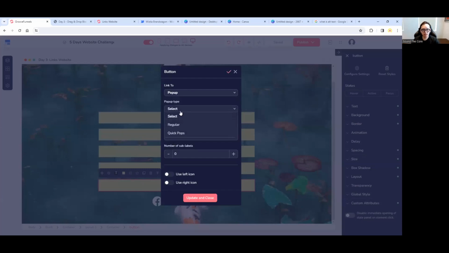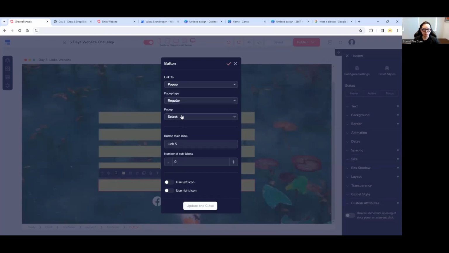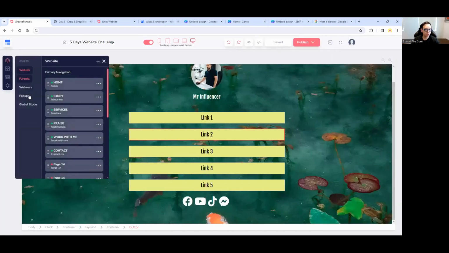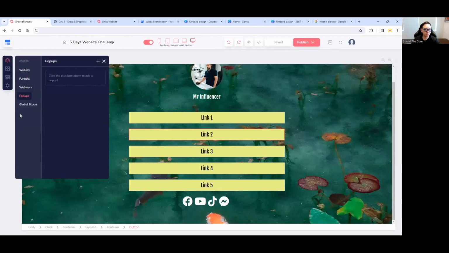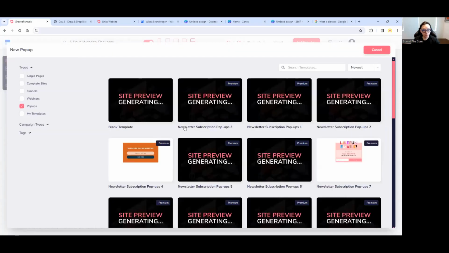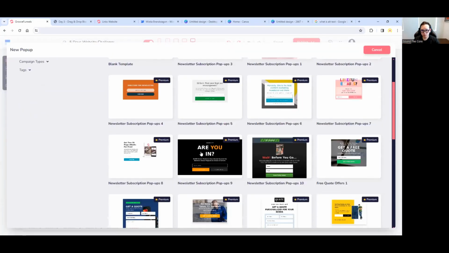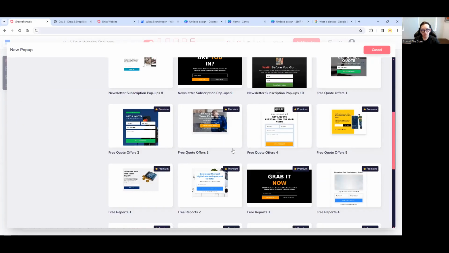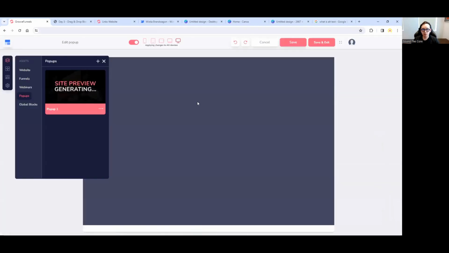Or you could link it up to a pop-up. So again, a pop-up is something which you could configure in Groove pages. Again, at this stage, I think we should make things simple, but pop-ups is this area over here. You could create a pop-up, and there are templates for you to choose from. And most of it is premium. But if you just linked it to any pop-up like a blank template, you could,